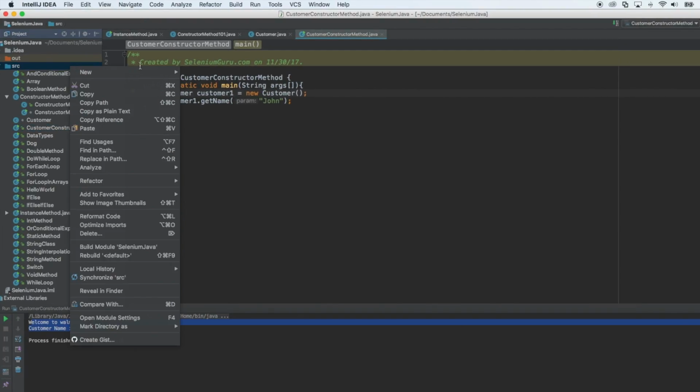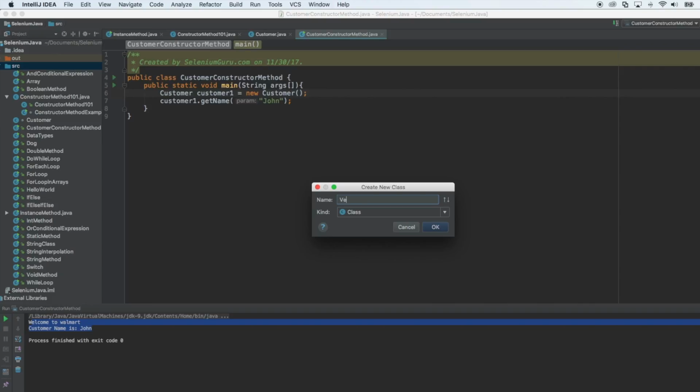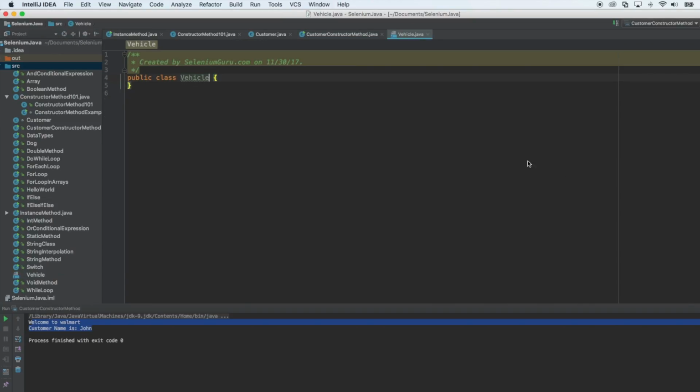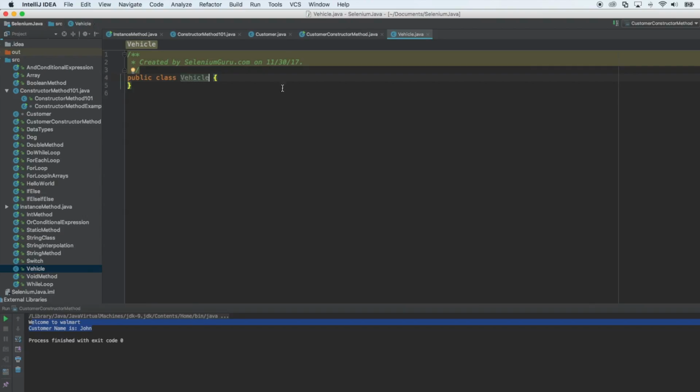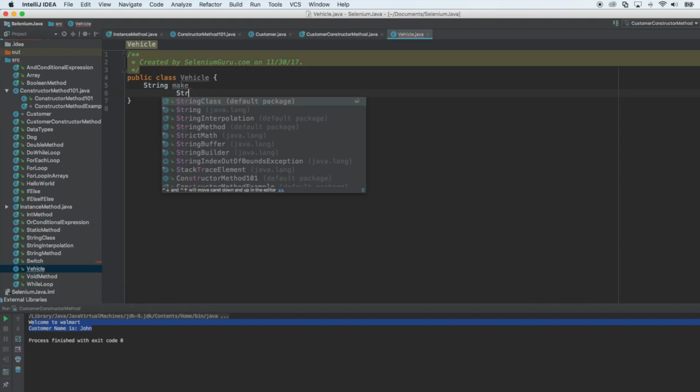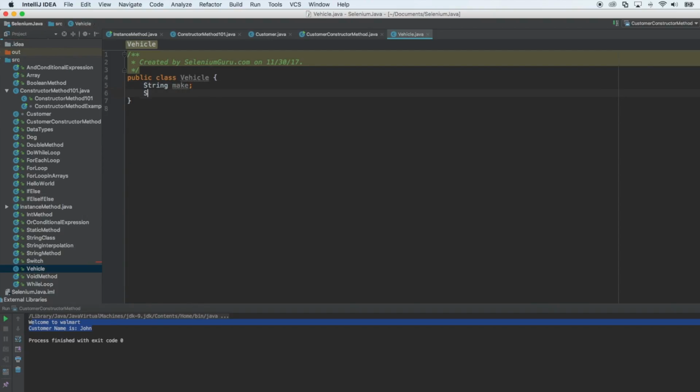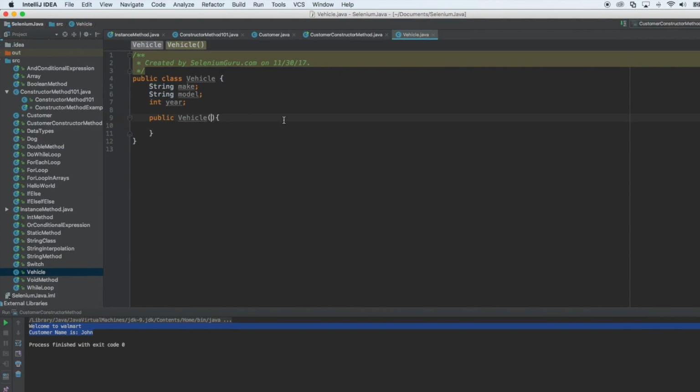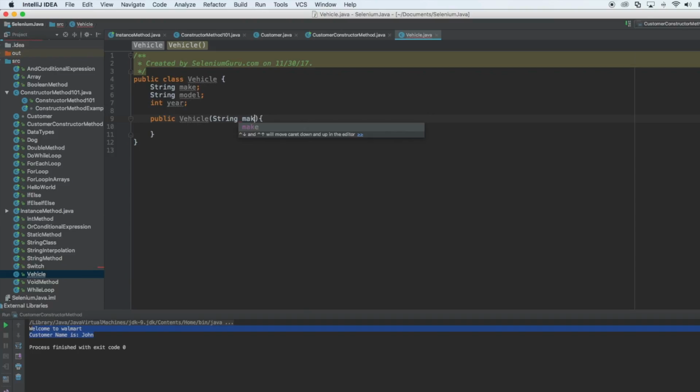So now let's create another example here, and I'm going to say vehicle. In here I'm actually going to type string make, string model, int year. So this is the make, model, and year, and I'm actually going to create a constructor method. So here I want to force the user, whenever they create an object of this vehicle class, they need 3 parameters. So I can do that using this